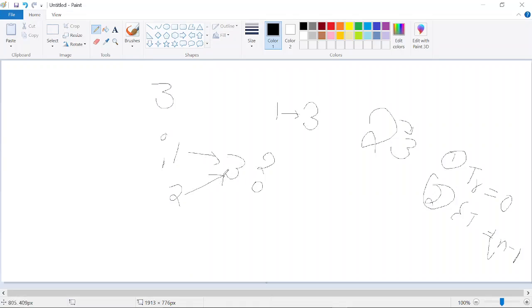For 3, two edges are pointing towards 3, so the in degree will be 2. What will be the out degree? The out degree will be 0. Why? Because 3 is not pointing to any of the edges. For example,